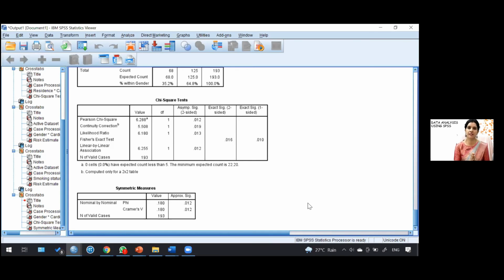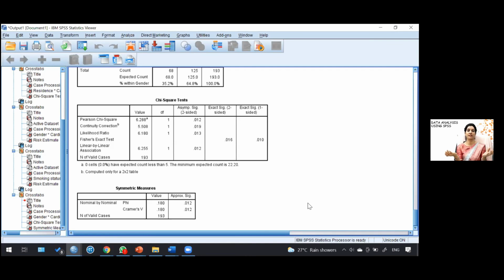The only difference between one and two-sided hypothesis is that if you assume a two-sided hypothesis, you require more sample size. And the significance value, you can see, is the same in the sense that if it is less than 0.05, whether you take the one-sided or two-sided significance, that doesn't matter, because it is coming significant both ways. The difference in assuming a one-sided and two-sided hypothesis is basically in the sample size calculation. With a two-sided hypothesis, you have to take more sample because you have to prove that it can go either in the positive direction or in the negative direction.